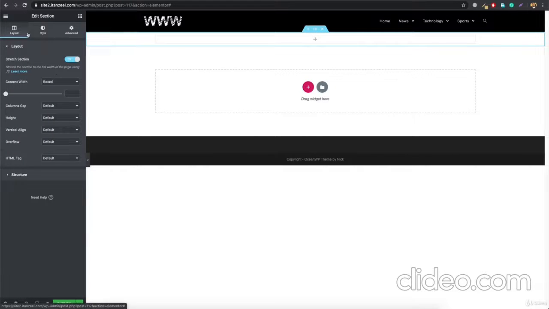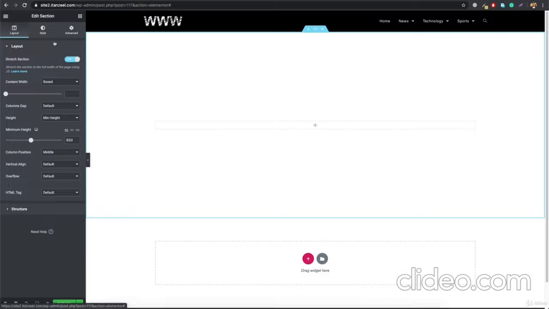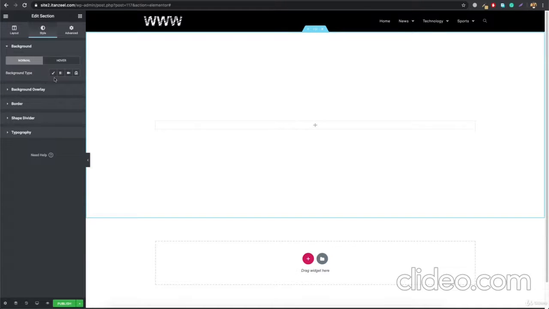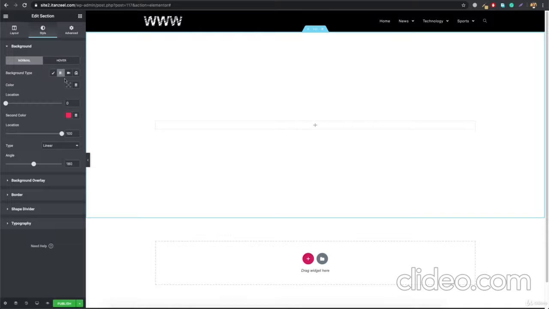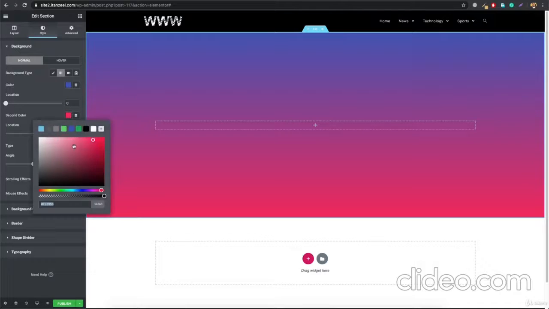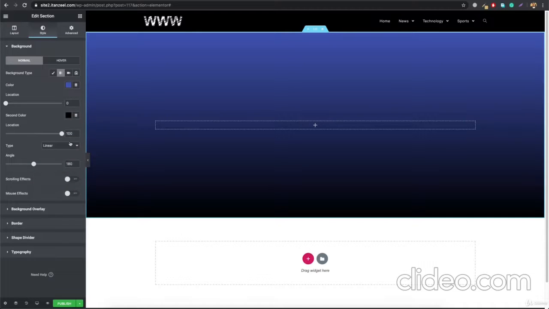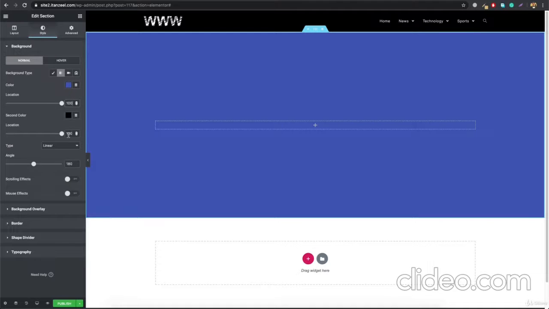Now what you have to do is work with the minimum height and set a minimum height just like that. And now we have to go to the style over here, and we will be adding a background gradient. The first color that we'll be adding is going to be a blue color, and the second color that we will be adding is going to be black. So for the black, you have to select it to be black. And now here, the location, we're going to keep it 100, and we're going to keep it 0, and